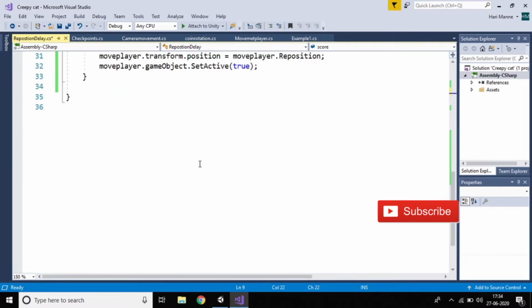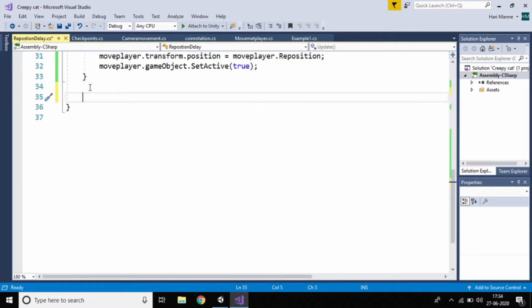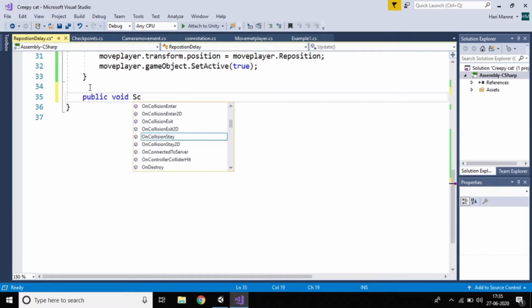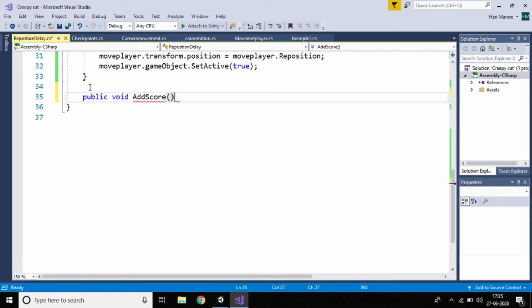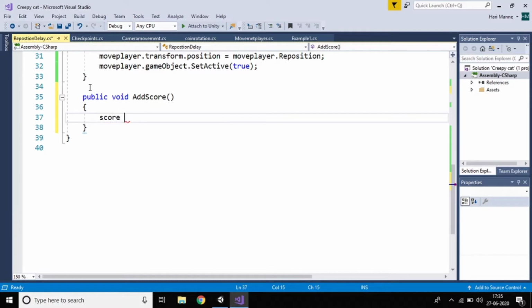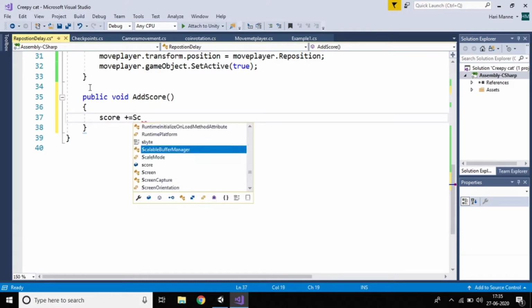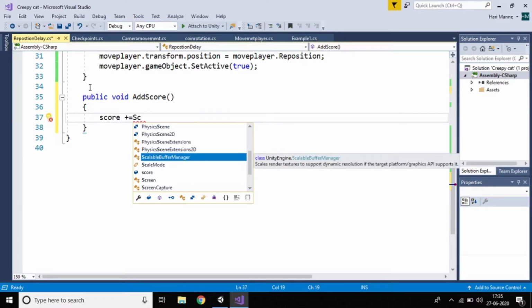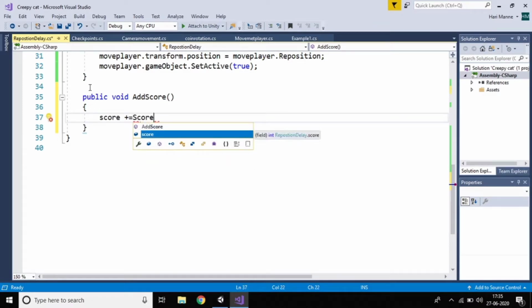Of course, I have taken it, and I want to create a user defined function, which is a public void coin score. Better to name it add score. I want to increase the coins, right? How do we increase the coins? We have taken the score. So score plus equal to 1,